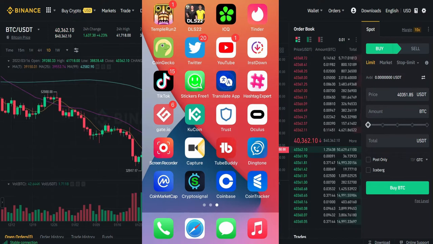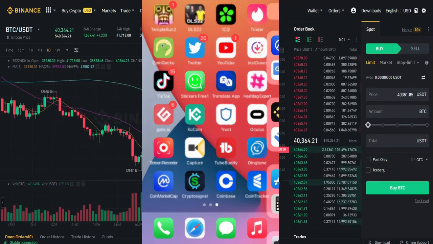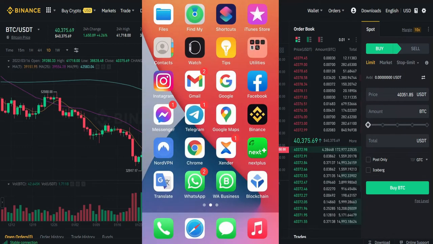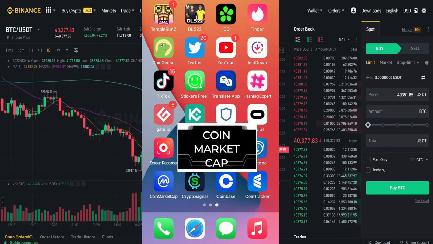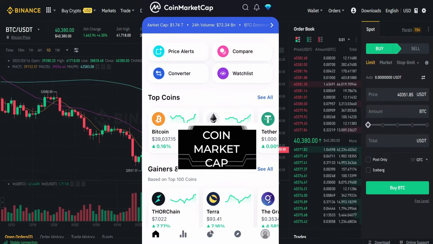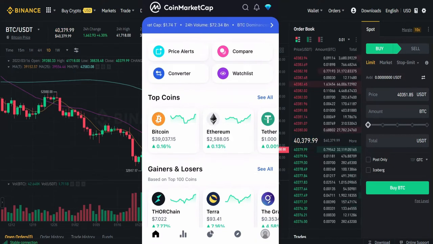the very first thing you need to do is to go to the Android store or your iTunes store and download CoinMarketCap. I already have it on my phone, so I have to open CoinMarketCap. Once you open CoinMarketCap, you have to sign up in CoinMarketCap. Once you sign up with your email and phone number and open your CoinMarketCap, this is exactly what you're going